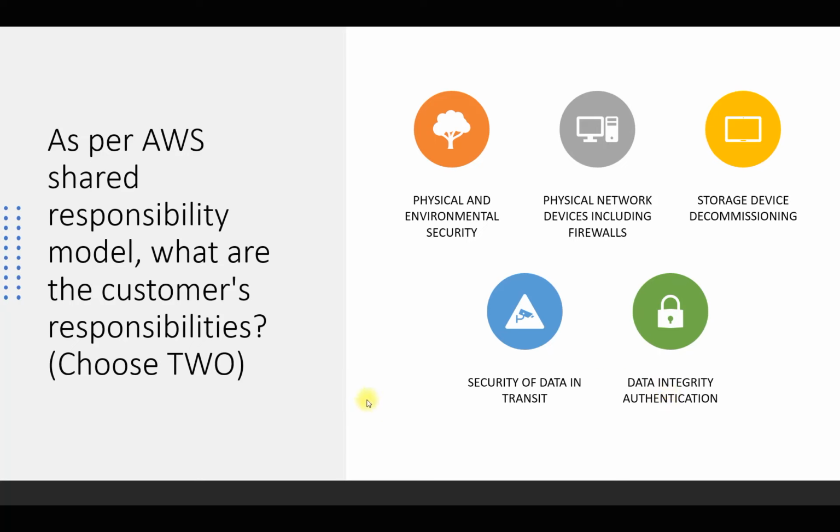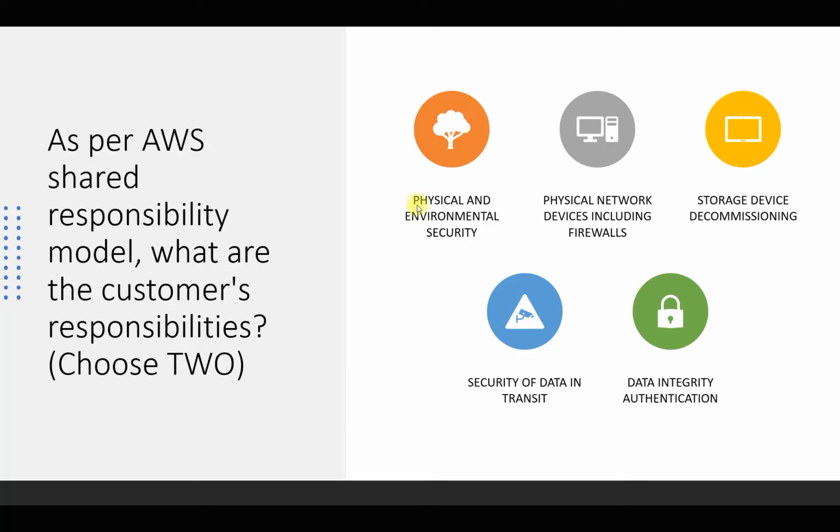See, whenever we talk about the shared responsibility model, whether it is AWS or other cloud providers, we need to keep two things in mind. One is who is taking care of the whole cloud, meaning the infrastructure which is created there, and who needs to take care of what is inside the cloud. So there are two things: of the cloud and inside the cloud. Whenever the question is about who will take care of the security of the physical location of data centers, of regions, or the devices, these all come under the cloud service provider's responsibility, not the customer's.